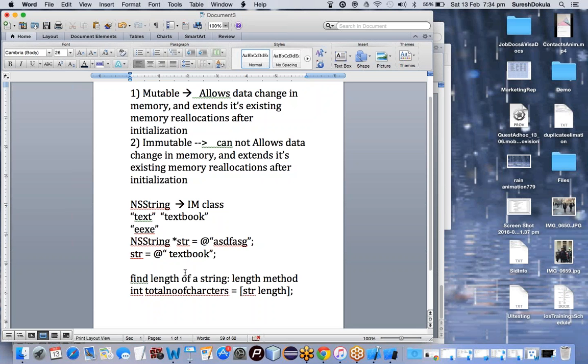Similarly, there are certain methods you can use, like getting a substring from one string, creating substrings, appending strings, and separating strings with specific components. There are certain operations we can do. The basic features of a string are like this: you can get a length, you can get a specific character of a string,